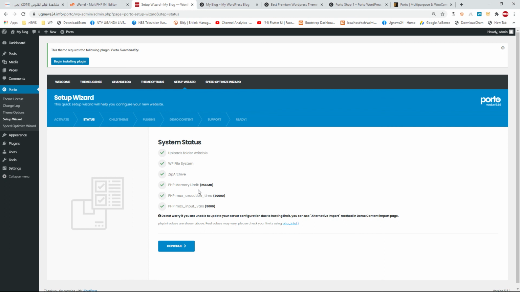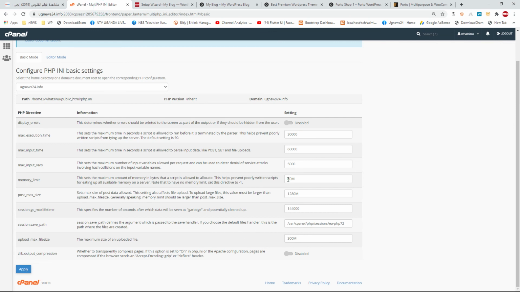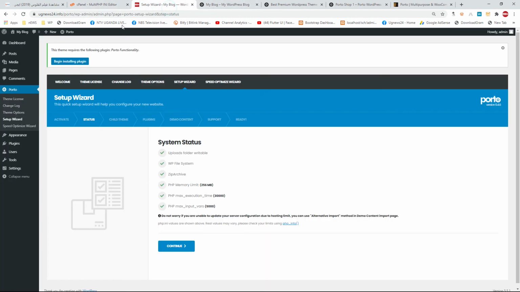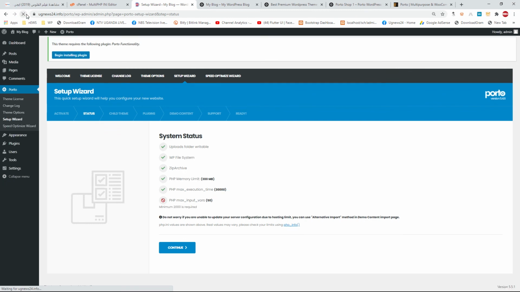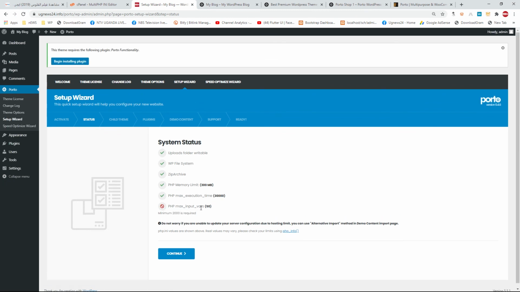the theme will warn in case it is less than 50. Okay, in case it's less than 50, the theme will warn. So if you want to update it, you have to come here and change it to at least 300. It will make a warning, and that's how we can change it. So let me come here, for example, post size, let me change it to 50, and you see, if I come and refresh,